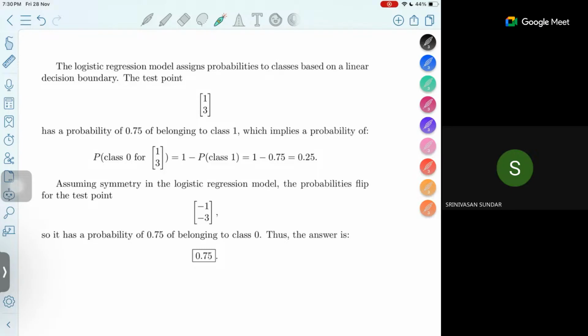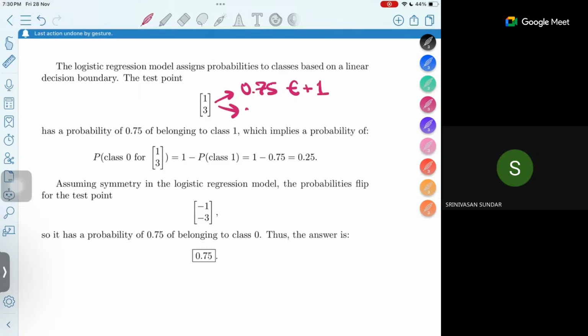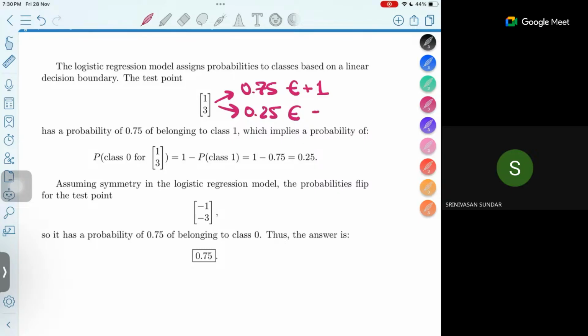So this point has a 0.75 chance of belonging to class plus 1, and 0.25 chance of belonging to class 0. Now, assuming symmetry in the logistic regression model, the probability is flipped for the, oh, okay,